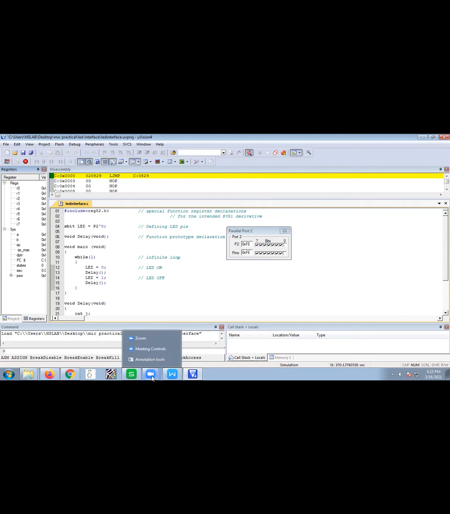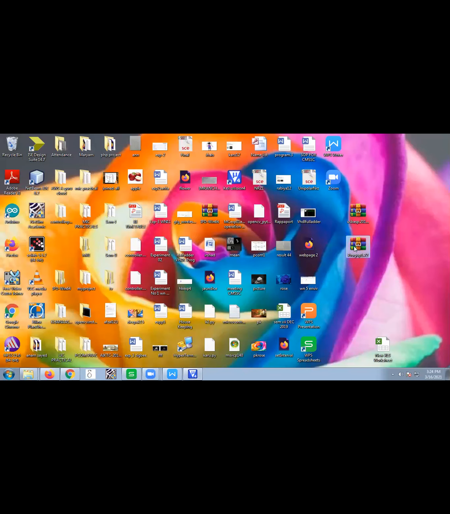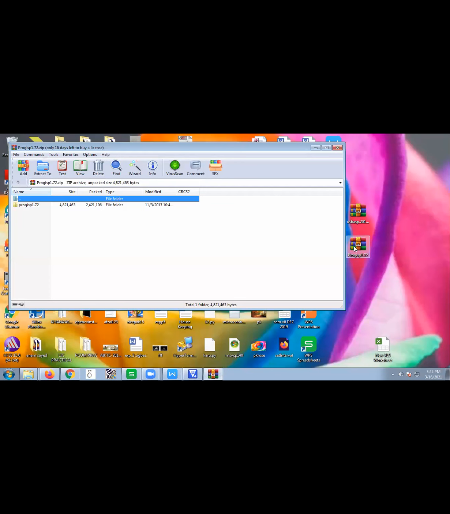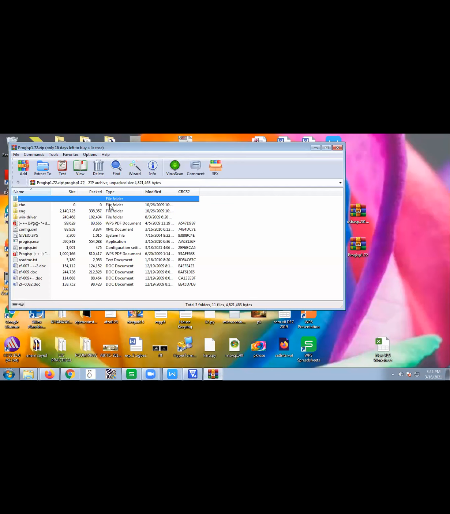In the next discussion, we'll show you how to write this program on the hardware. Now here we are going to click on PROG ISP 1.72. This file will translate the simulation program into the hardware of 8051.